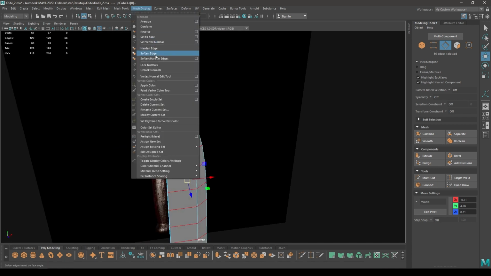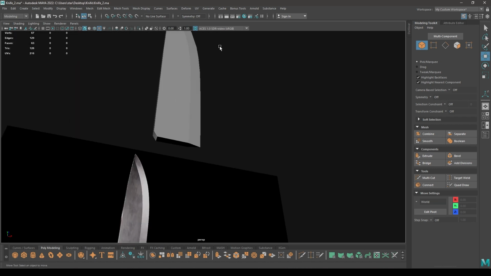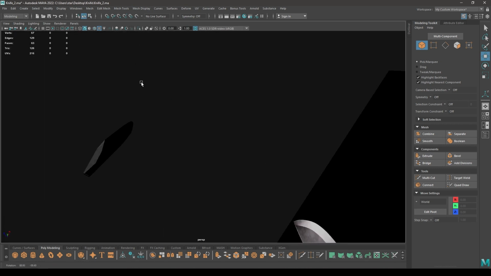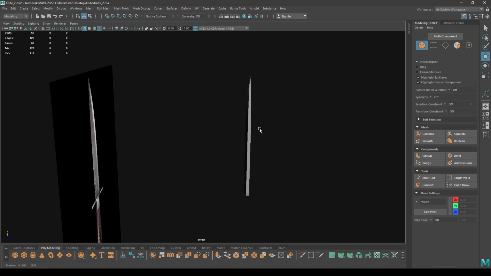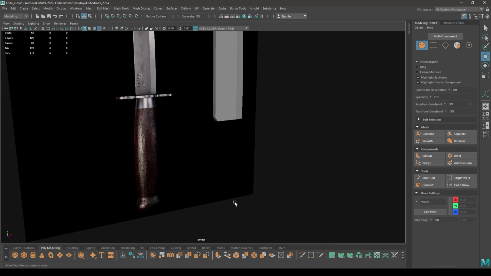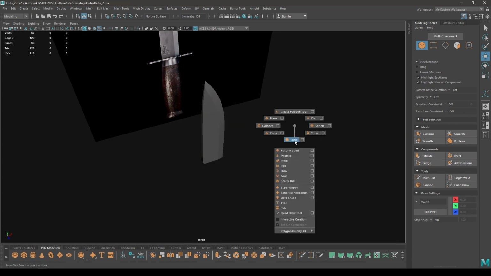And go to mesh display, then soften edge. So the blade of our knife is ready. Now we just need to create this handle. And for the handle, let's take a cylinder,